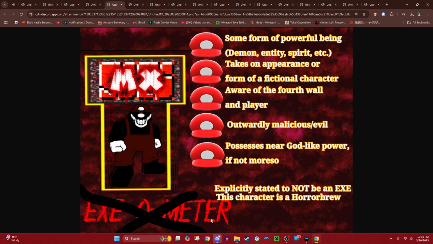I've made this character who, when I put them through this whole category list, this guide, they just so happen to not check any of the boxes. However, I explicitly have stated that they are an EXE. If that's the case, treat them as an EXE. If not, you can speculate. I would say speculate. But don't automatically assume,